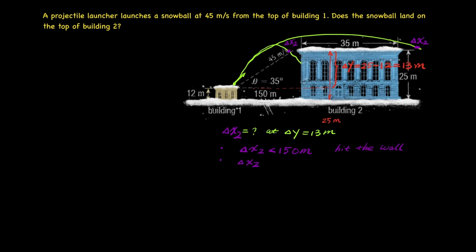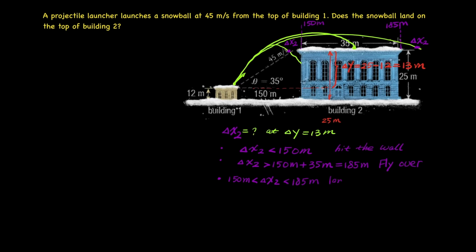So if delta x2 is greater than 150 meters plus 35 meters, which is 185 meters, the snowball will fly over the roof. If delta x2 falls anywhere between 150 meters and 185 meters, then congratulations, the snowball has landed safely within the landing zone. So as long as we get delta x2 greater than 150 meters and less than 185 meters, we can conclude that the snowball will land on the roof. Alright, now that we've translated this into a clear task, which is finding the horizontal displacement delta x when the vertical displacement delta y equals 30 meters,